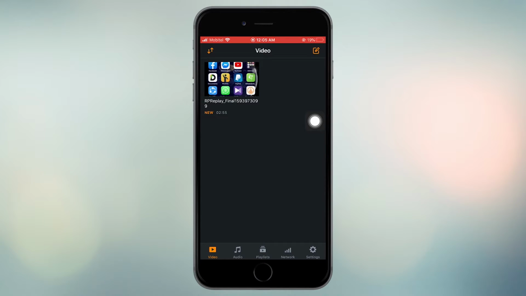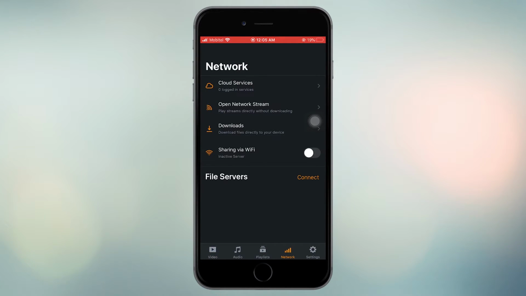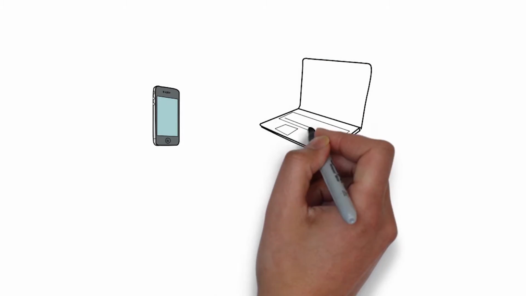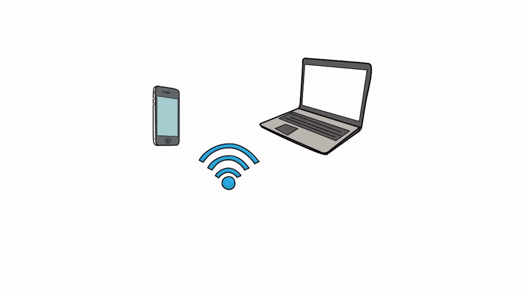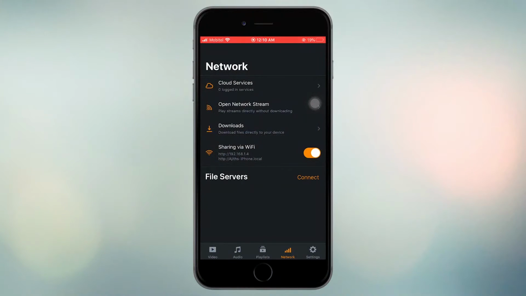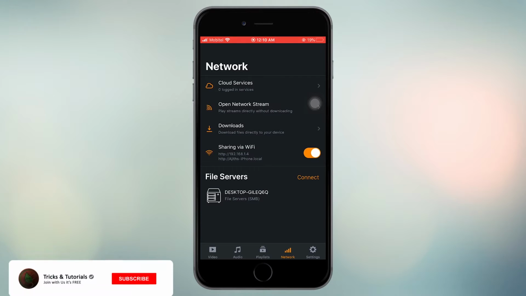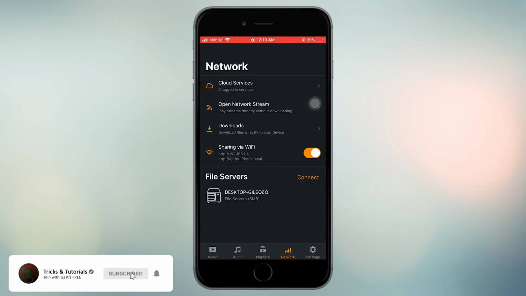Click the network icon. Enable sharing via Wi-Fi. If you can't enable this, you should connect your iPhone and laptop to the same Wi-Fi network. After enabling this Wi-Fi sharing, you will see our IP address. This is the location where we can find this video. If you have more than one video, or videos shown in this IP location,